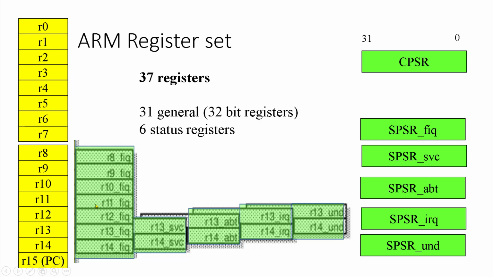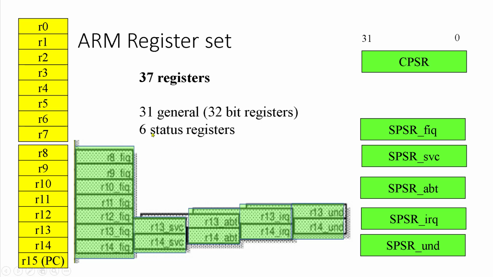Then see, these registers are called banked registers, which can be considered as private registers. A total of these 7 registers and 2 plus 2 plus 2 plus 2, a total of 8 registers here. So a total of 15 registers here. These 15 registers and these 16 registers combined come under the 31 general purpose registers. So 16 plus 15, a total of 31 registers. All these are called general purpose registers.